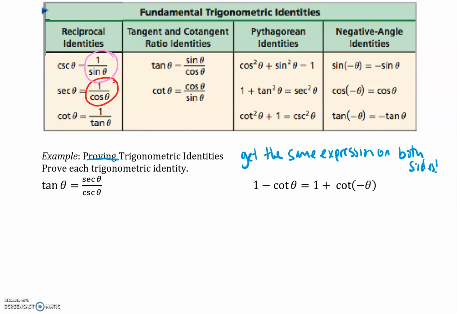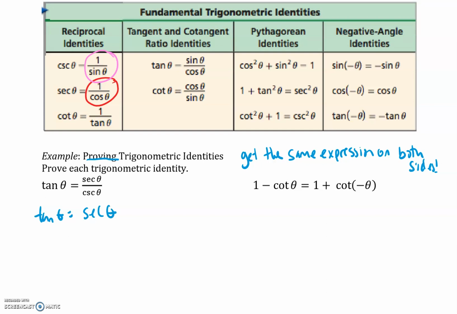So what I could do is I'm going to say, let's leave tangent alone. And like I said, do you have to leave tangent alone? No, you can play around with tangent if you like. But I'm going to say I want to leave tangent alone because I remember right away secant theta is 1 over cosine theta and cosecant theta is 1 over sine theta. So what I can do here is I can say, well, this secant theta